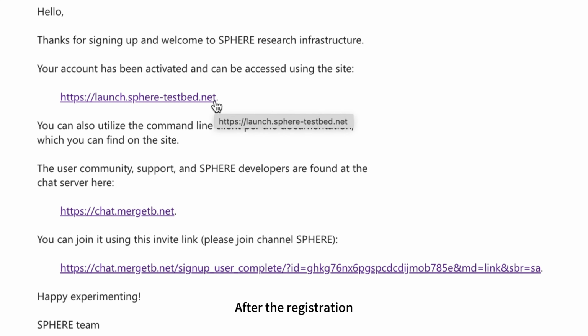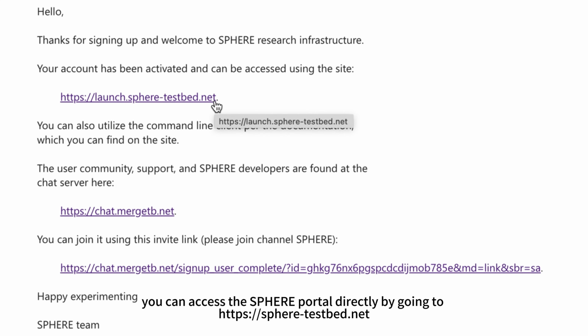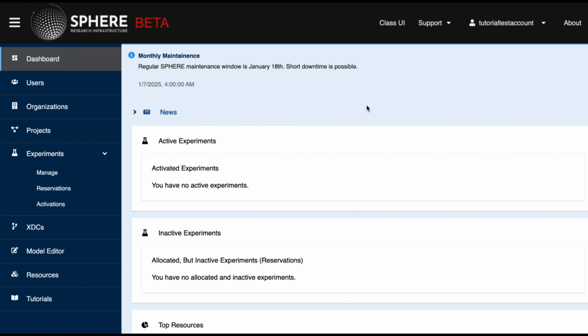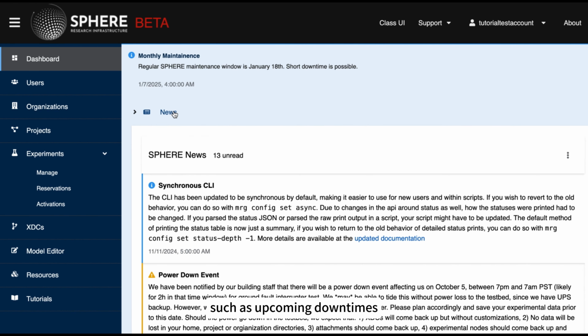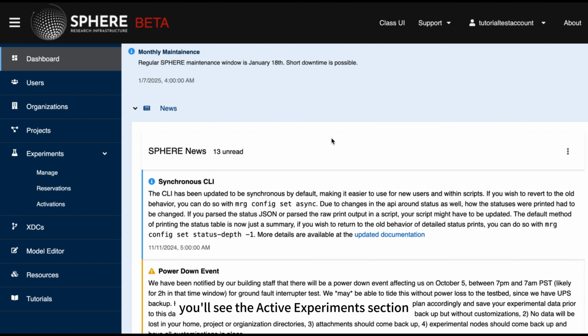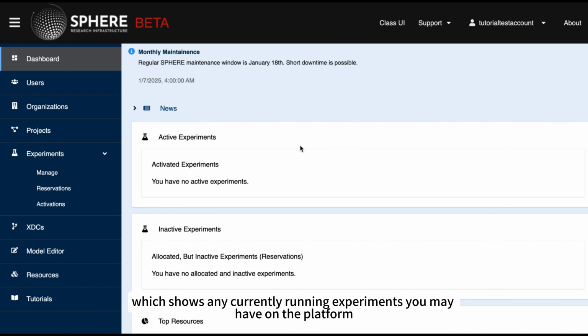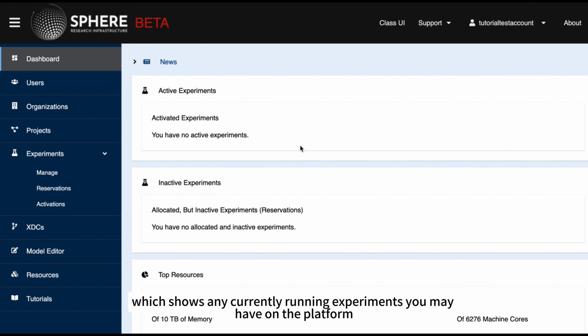After the registration, you can access the Sphere portal directly by going to sphere-testbed.net. We will first explore the left menu. The dashboard has a news section, such as upcoming downtimes. Below the news, you will see the active experiments section, which shows any currently running experiments you may have on